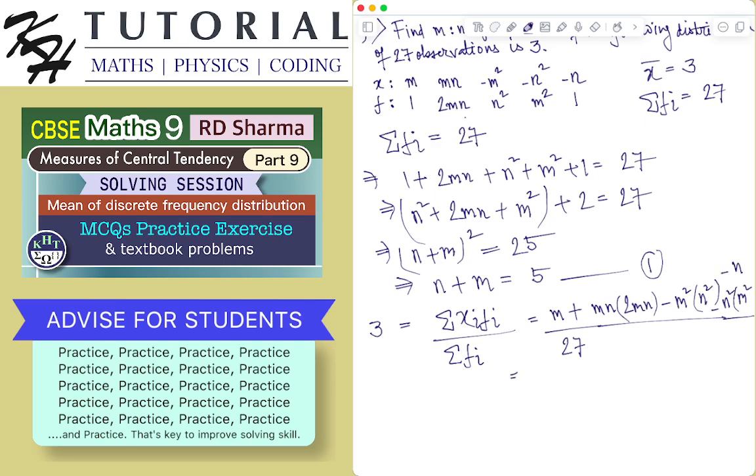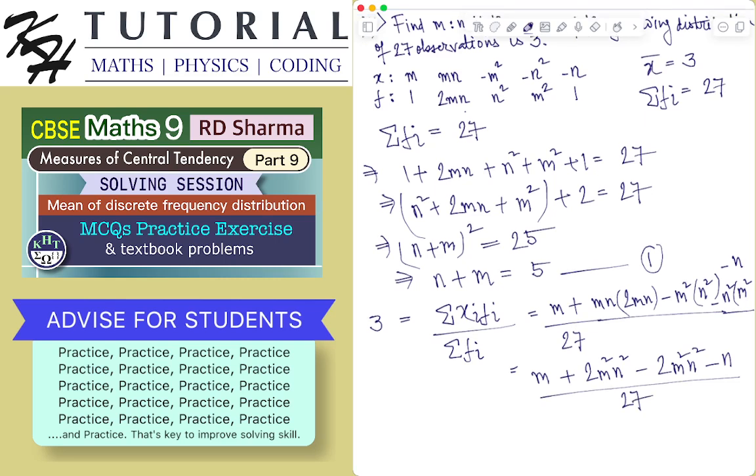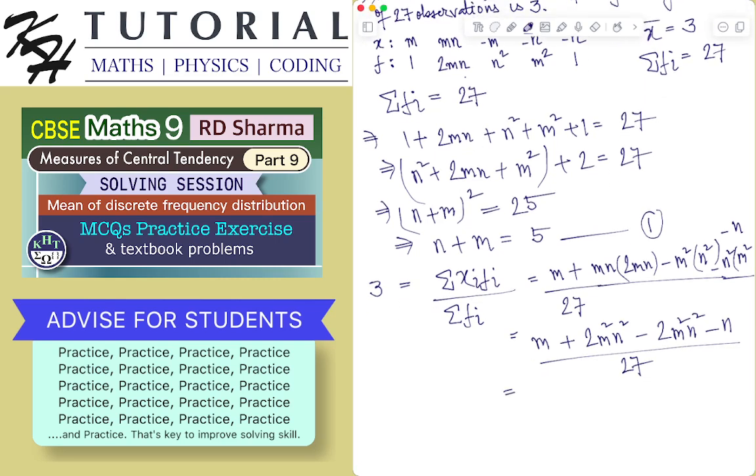So this after simplification becomes m plus twice of m square n square minus twice of m square n square minus n divided by 27. So twice m square n square cancels out. This is m minus n by 27. So this implies, if I do cross multiplication, m minus n is equal to 81. So I have another